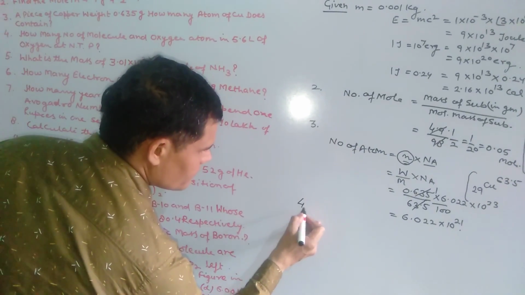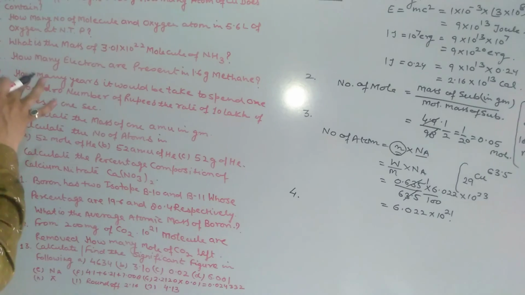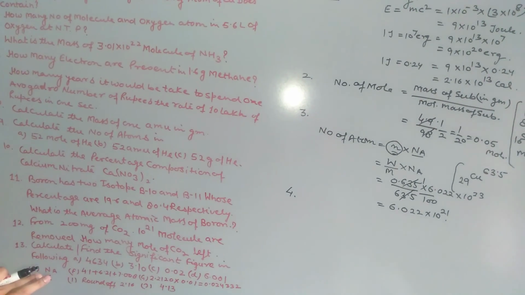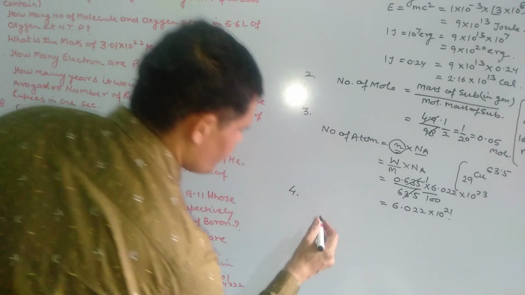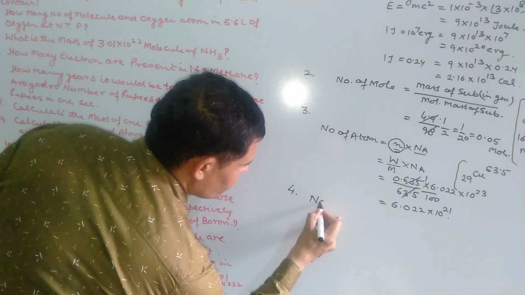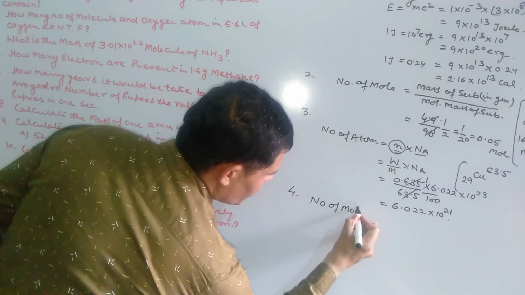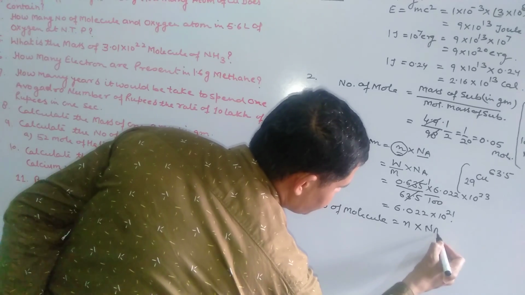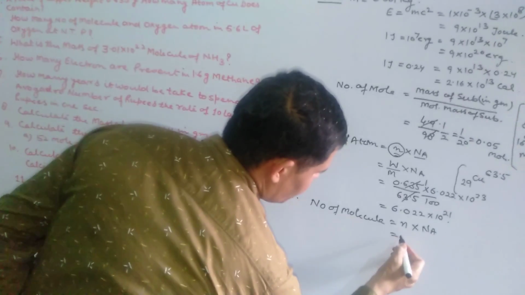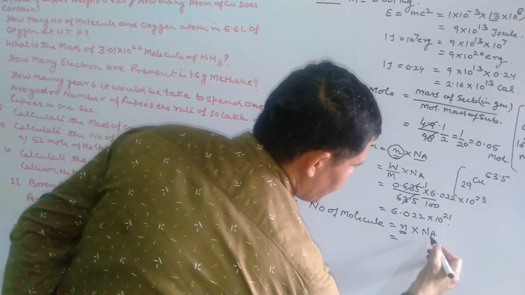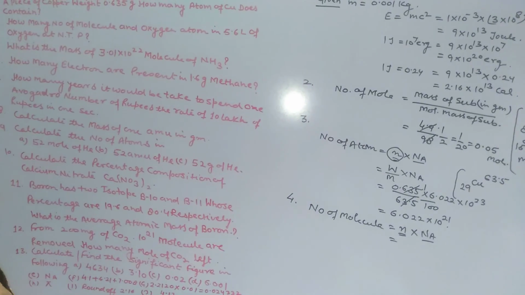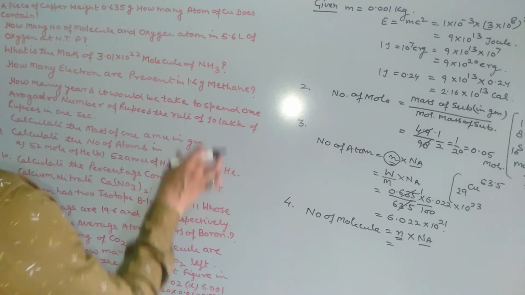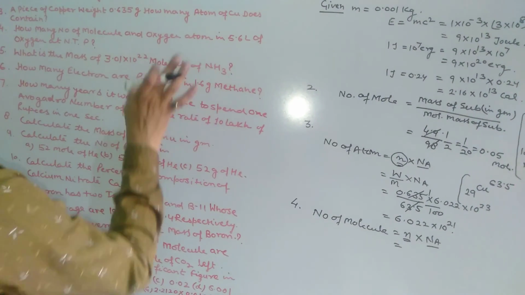Next one, fourth question is, how many number of molecules and oxygen atoms in 5.6 liter of oxygen at NTP? Same formula, number of molecules, same formula, n into Na. n is the number of mole and Na is the Avogadro number. n can be calculated as number of mole, weight upon molecular weight, but